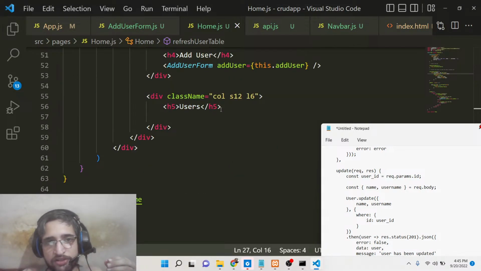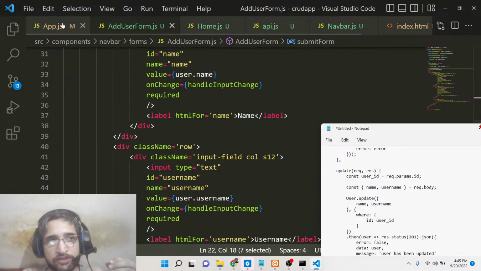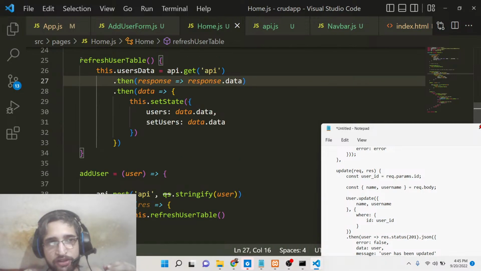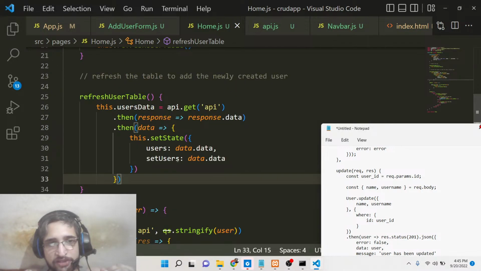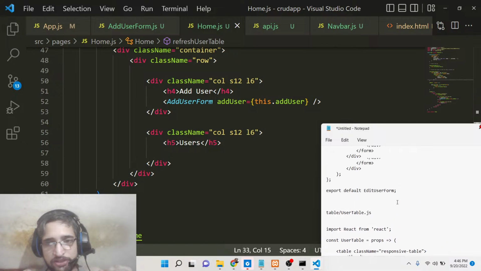If you see, we have this add user form here. So basically inside our home section, we have written this refresh user table. Basically this will take the data from the backend, and it will set the state. So now we just need to loop through. Basically we just need to write